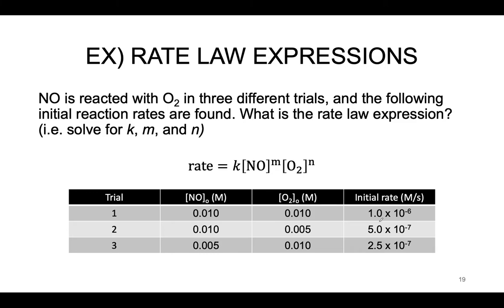So what we do to find the more comprehensive rate law expression is observe a series of data points, our initial concentrations versus initial rates. So let's say nitrogen monoxide is reacted with oxygen gas, using the same previous equation that we've been working with, in 3 different trials. And the following initial rates in this table, the initial rate of our nitrogen monoxide, as well as the initial concentration,